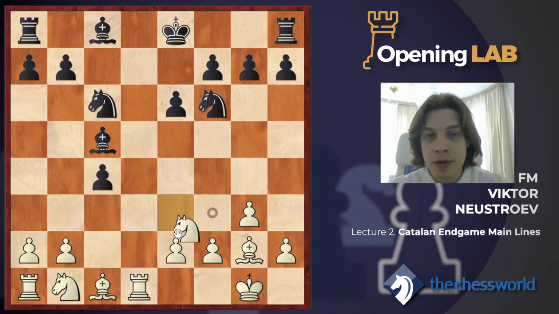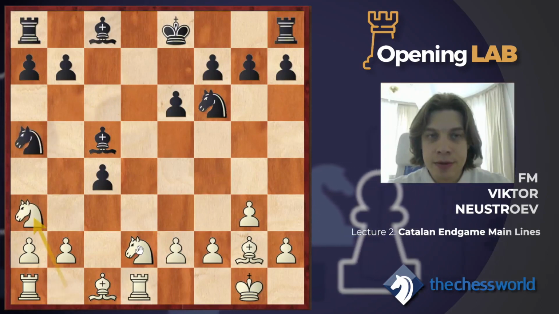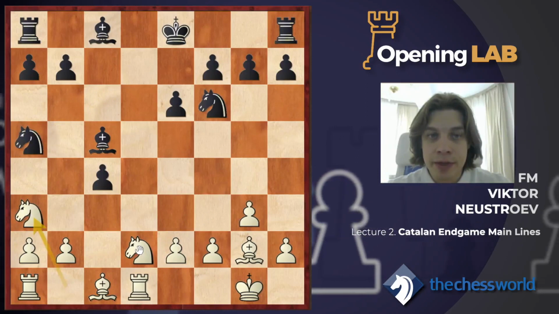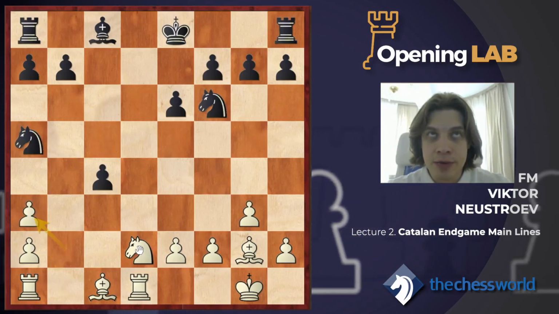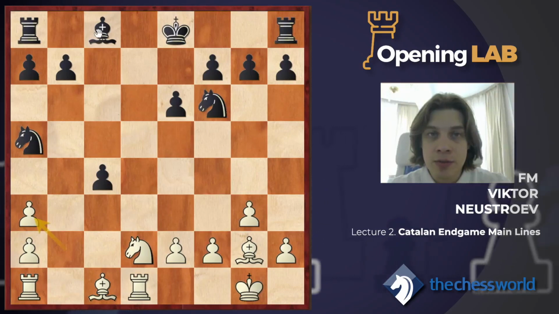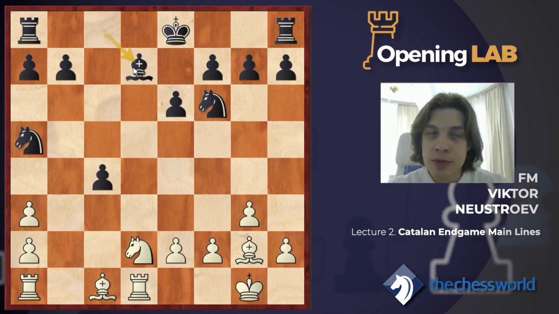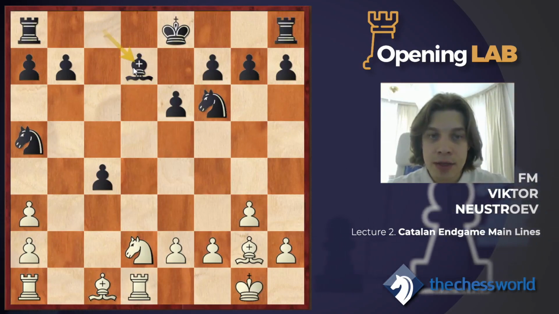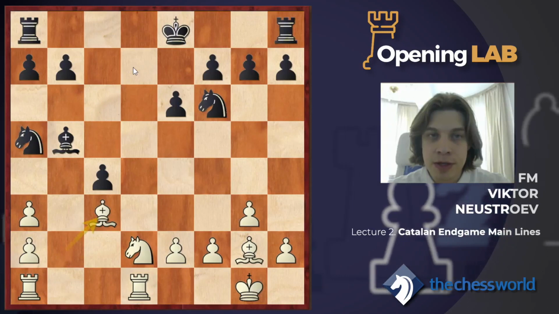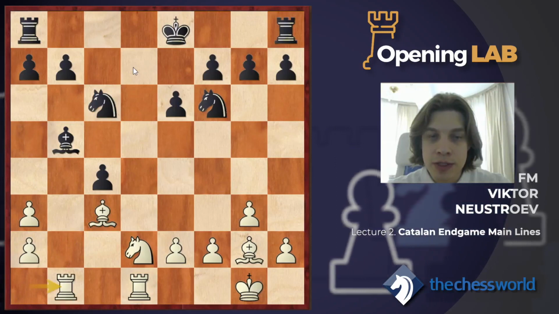Let me first show knight f to d2. Knight a5, knight a3 to take the pawn on c4. That's why here black has to take on a3, b takes on a3. And in this position the strongest move is bishop d7, and I believe only this move helps black to equalize the position. Bishop b2, bishop b5, bishop c3 attacking the knight, knight retreats, rook a to b1 attacking the bishop,